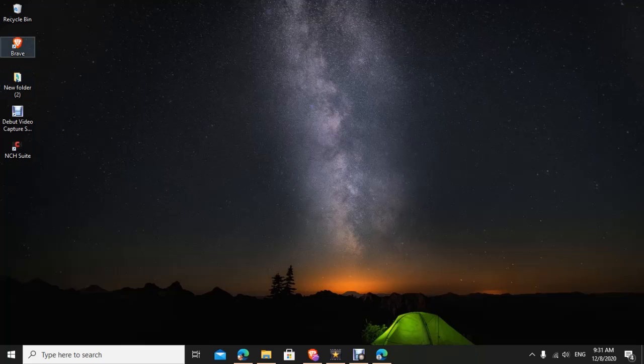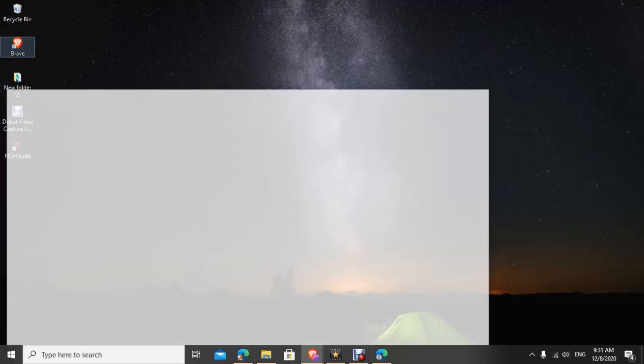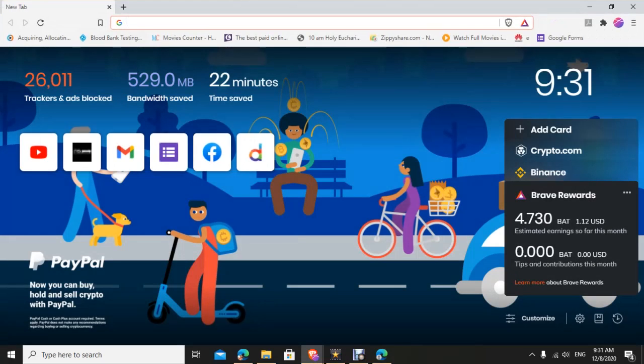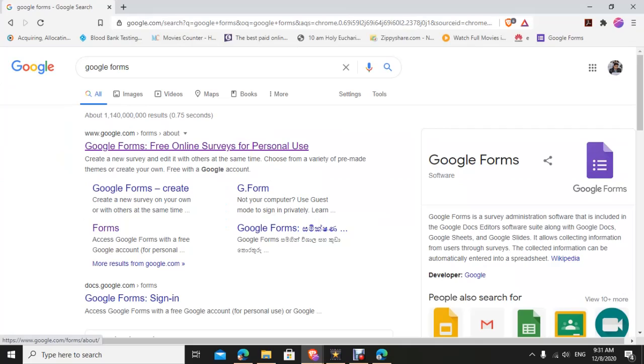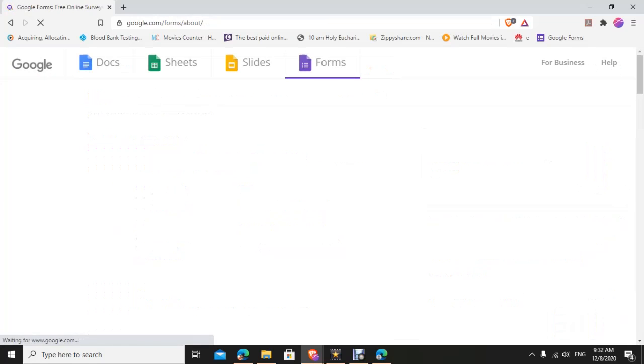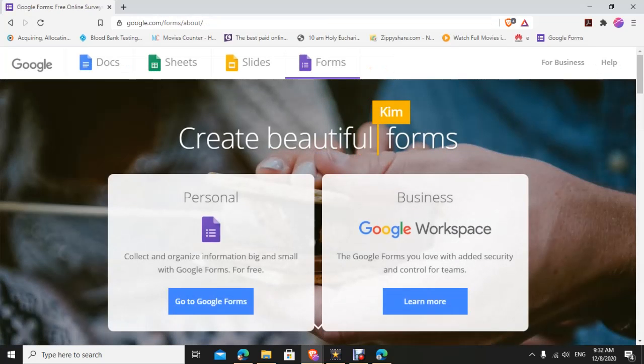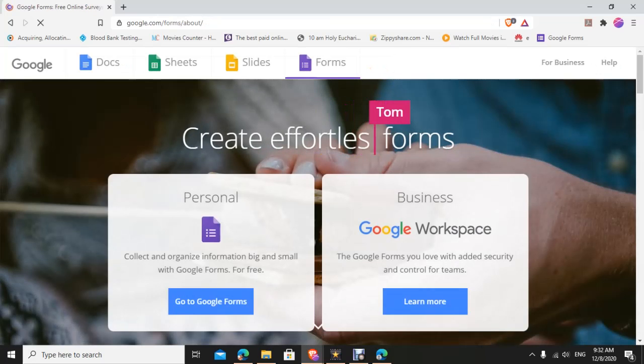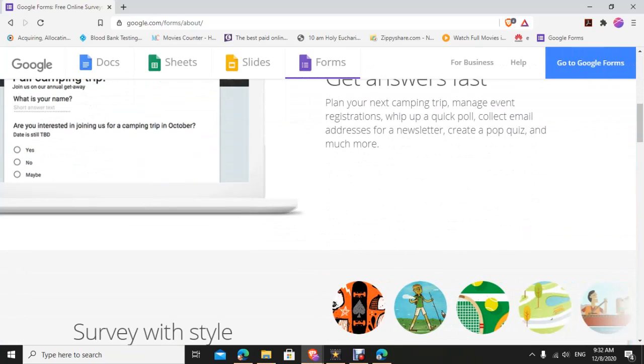First we have to open the browser. I'm going to use the Brave browser. You can use whatever browser you need: Chrome, Firefox, Edge, whatever. And there you have to search for Google Forms. When you type that, you will be directed to that particular site. There you can just click on this URL or this link. Then you will be directed to the Google Forms home site, and from that you can go to Google Forms,